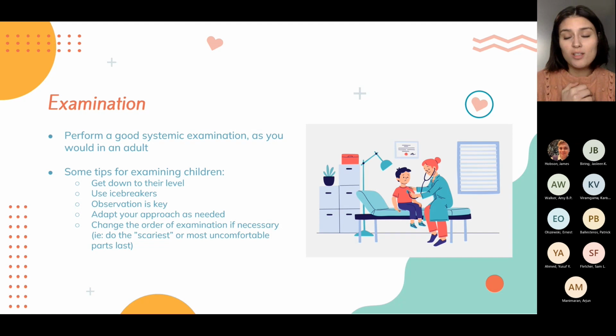Observation is really important. So even when you call them through from the waiting room, if they're a bit more mobile, have a look: are they limping, or are they holding their tummy in a particular way? It can give you a lot of clues. Adapt your approach